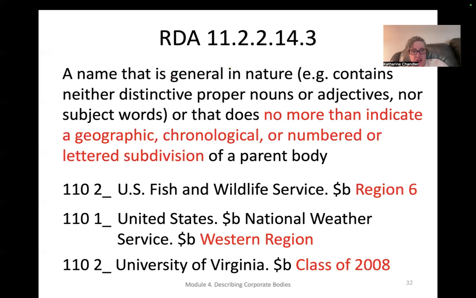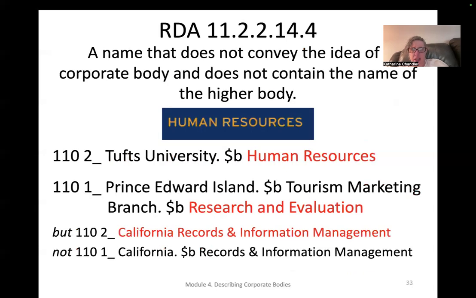A name that is general in nature contains neither distinctive proper nouns or adjectives nor subject words, or that does no more than indicate a geographic, chronological, or numbered or lettered subdivision of a parent body. U.S. Fish and Wildlife Service, Region 6, United States National Weather Service, Western Region, and University of Virginia, class of 2008. A name that does not convey the idea of a corporate body and does not contain the